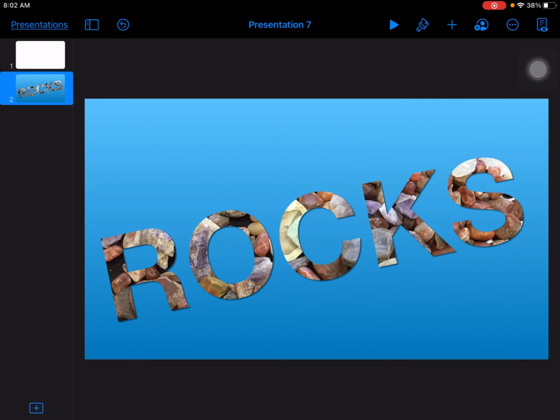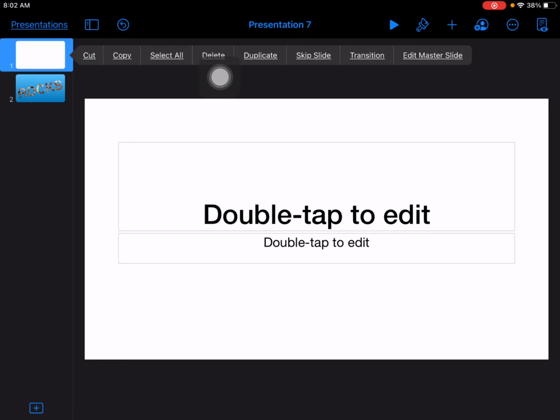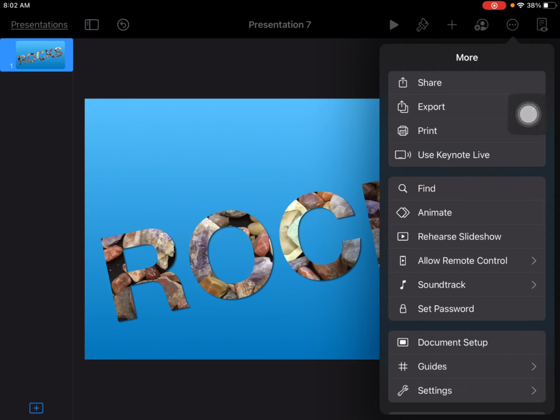Once we're done with our photo word image, we're going to export this out as a photo. So I'm going to go back over here to the side, and I'm going to tap on this first slide, and I'm going to tap one more time on it so that I get this little pop-up menu, and I'm going to tap on delete to get rid of it. Now I just have one slide. I will go over here to the three dots, to the options button, tap on that. I'm going to tap on export,